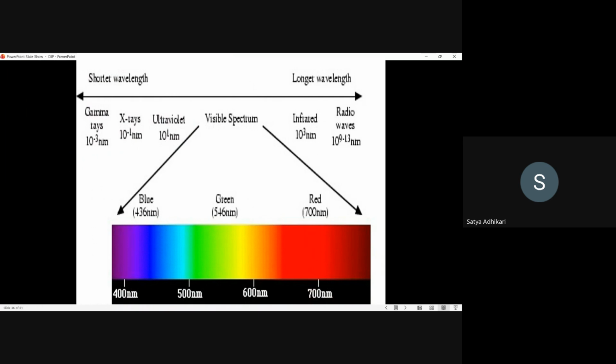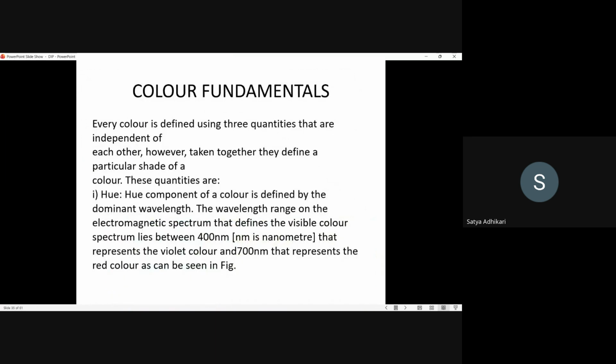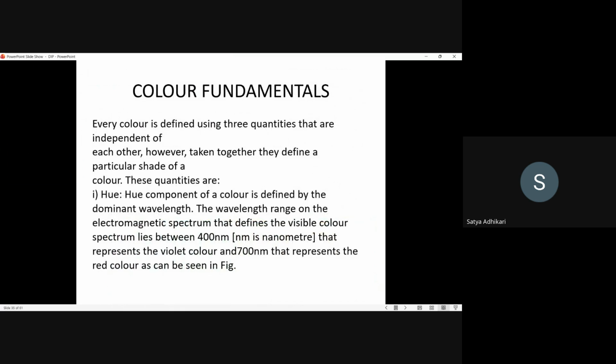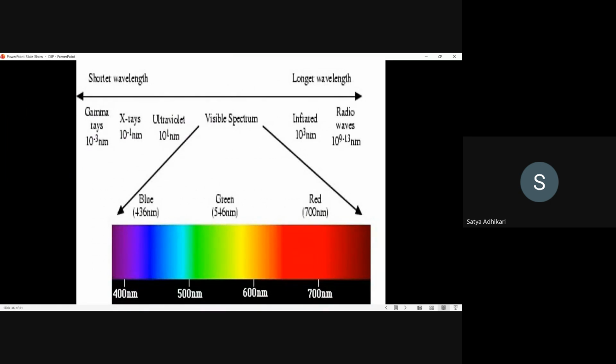You see the wavelength, only the visible spectrum. Within this wavelength range, 400 nm is the blue color and the red color is 700 nm, and the other colors are in between them. The other colors, which are out of the range of this spectrum,